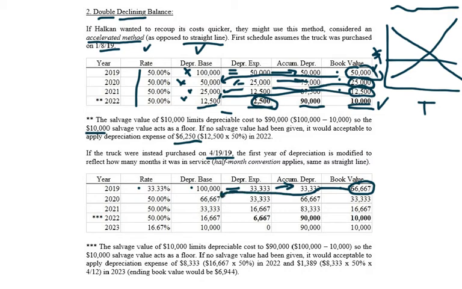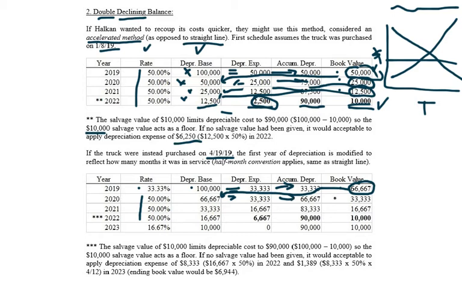Now we can resume using that 50% rate for the next 3 years. That's going to be half of that, which basically gives us the same depreciation as 2019. But remember, this is now for 12 months, not 8. So it's the same amount, but it's really not the same per month. If you figured it on a per month basis, it's actually less. It's actually gone down. So we get another 33,333,